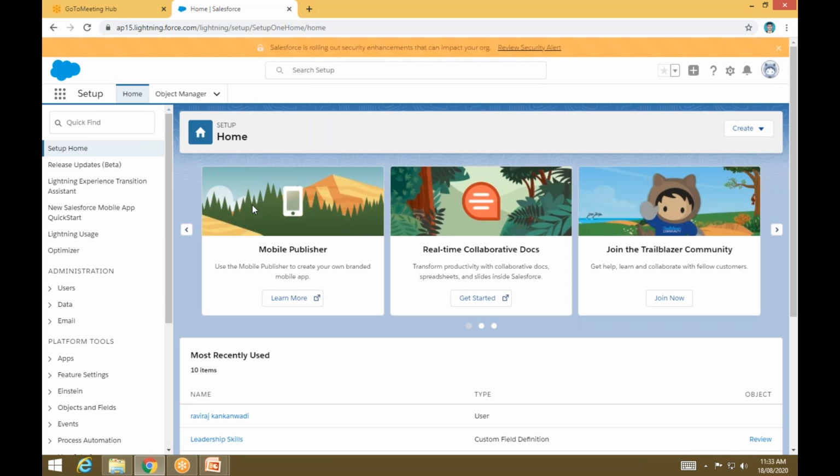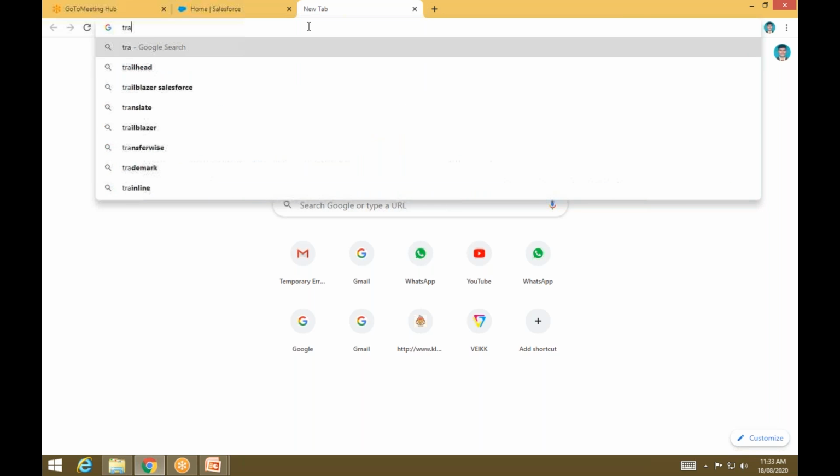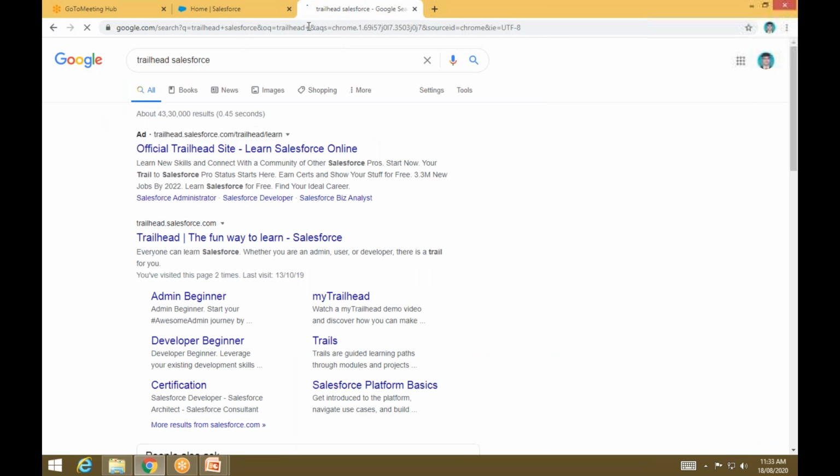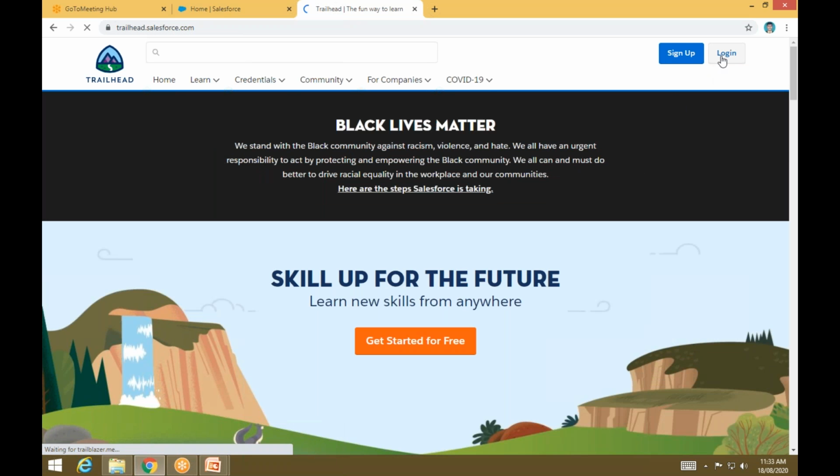And if I need to make a task, or how you need to work on it. For the trial we have another website called Trailhead Salesforce. Just search for this and you have the official Trailhead. Click on this and click on the login button.